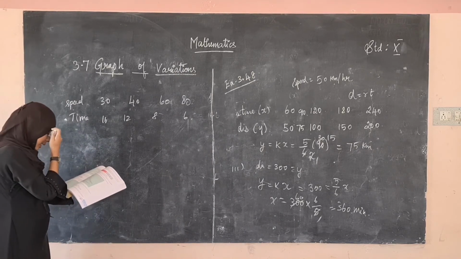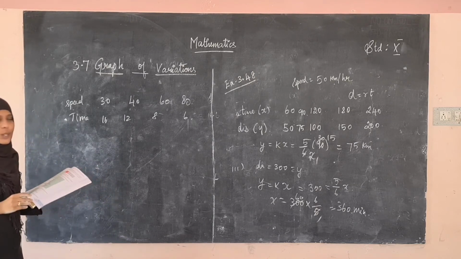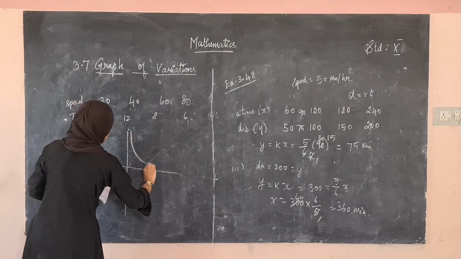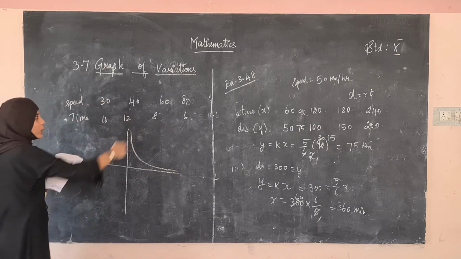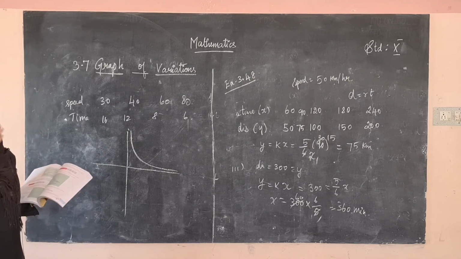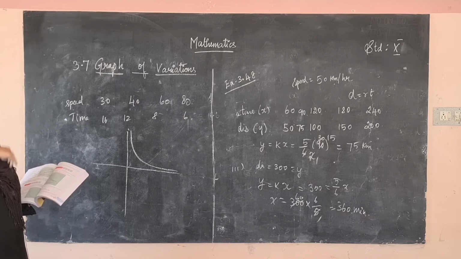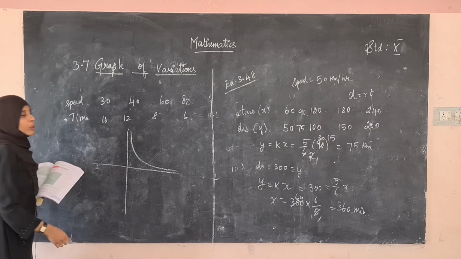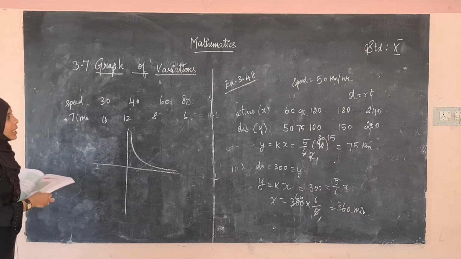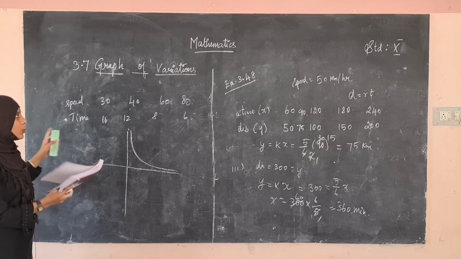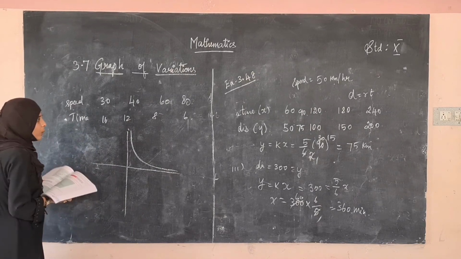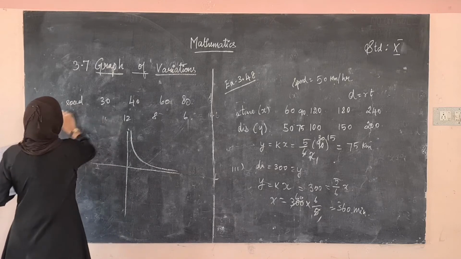Okay. And the thing is, the graph will not be a straight line. So the graph of this is like this. The graph of the values in the given table is like this. That is, the value of one variable increases and the value of the other variable decreases, and the graph will not be a straight line. Okay, these are the points to be noted in the indirect variation. Okay, and now we can move directly to the example.